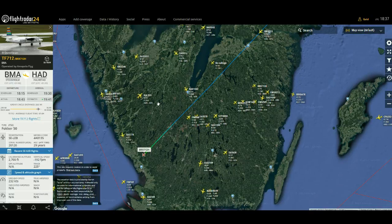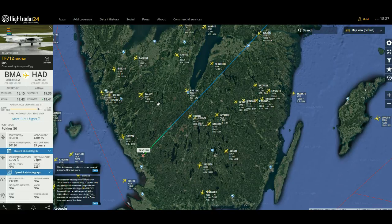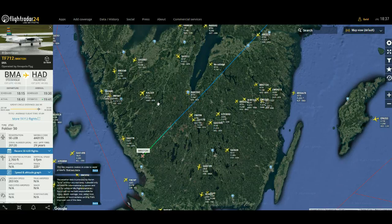Oh boy, God! I remember when they came to Cardiff, the VLM one, and from Antwerp it took like 2 hours and something. I would not want to be on it. It normally takes about an hour and 20 minutes from London to Cardiff, which was terrible. On the Dash Q400 it's about 40 minutes, it takes nothing. So I wouldn't like to be sat on one of those, definitely, because of how small it is